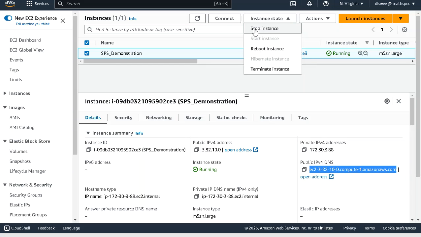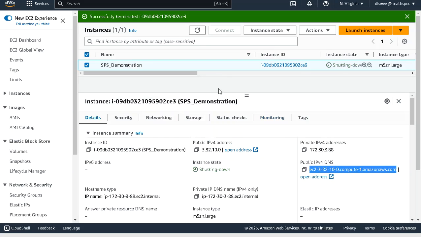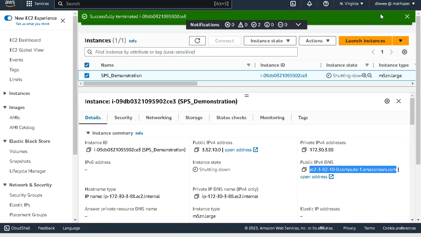Then you don't have to wait as long, since it takes 15 minutes or so to generate a new instance. But I'm going to just terminate it. So I will terminate that. And anything that's stored on there that I haven't taken off is gone. So I can close out